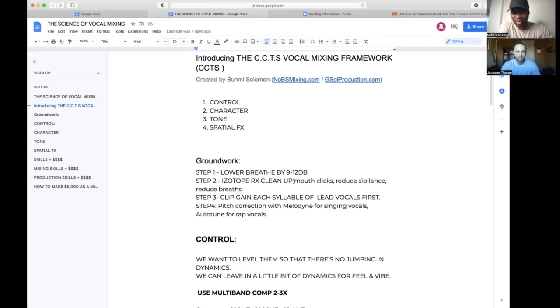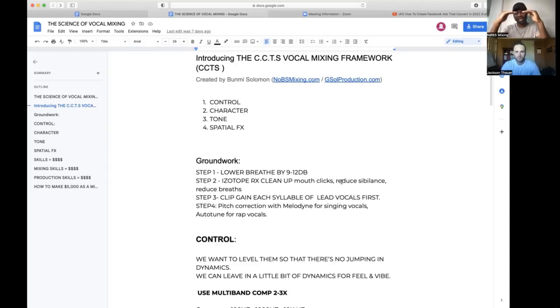So I would take out all the mouth clicks, then reduce the sibilants. Like on YouTube, they usually tell you to use a de-esser, but I have found that the type of vocals that I love are very bright. And for you to get vocals to be very bright, you can't have the sibilants the same height.